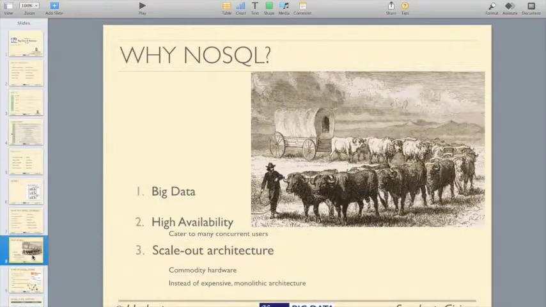All right. Now, why do we need such kind of a database out of nowhere suddenly? Why do we need it? Basically, when big data comes into the picture, we require distributedness. So most importantly, all of these NoSQL databases are designed to handle big data. Then, high availability, as in